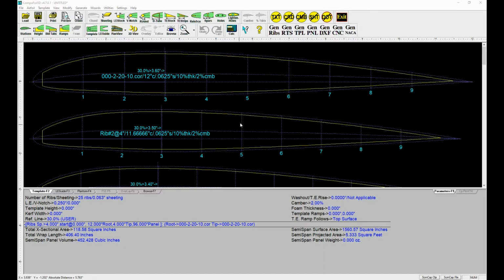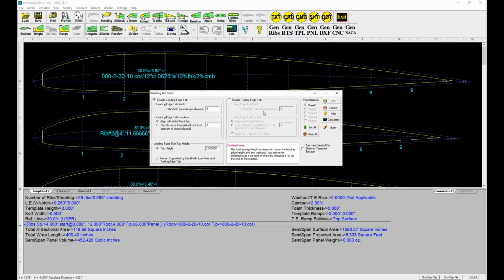building tabs. Now, one of the things you've got to think about on building tabs, if you've got ailerons and you've got your building tabs here, you just need to be conscious of where your ailerons are going to be. So I'm going to definitely put the standard ones here. Let's go ahead and apply that so you can see what it's going to look like. So if you notice, I've got a building tab on the far right hand side here, which is at the very trailing edge. So if I had an aileron here, you'd have to build your whole wing before you cut out the aileron. But what I'm going to do is